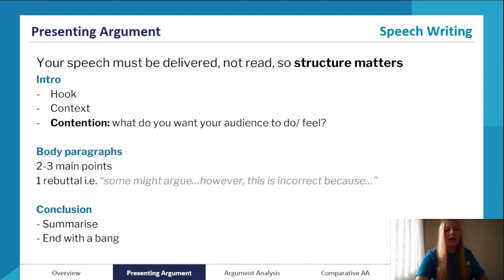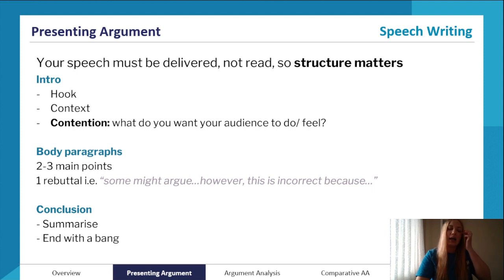And somewhere in there, you're aiming for a rebuttal, an idea that basically the opposing group, people that think the opposite to you, why they think that way and why it's wrong. So you refute it. We see a sentence structure that might help you to understand how you could structure that. Don't spend too much time on the rebuttal. It can just be a mini point that you have in your oral,